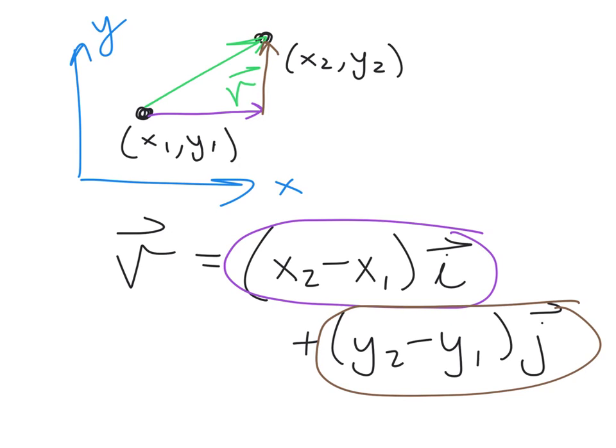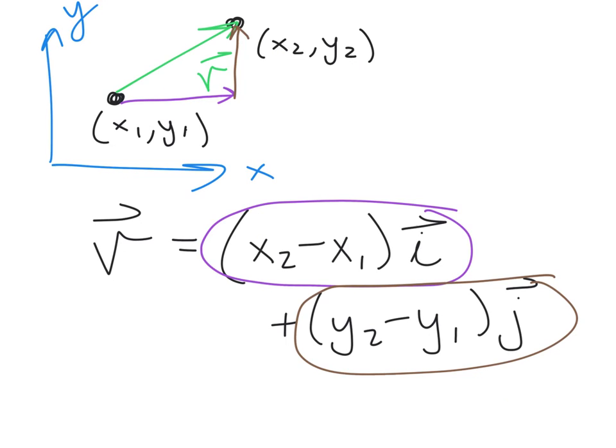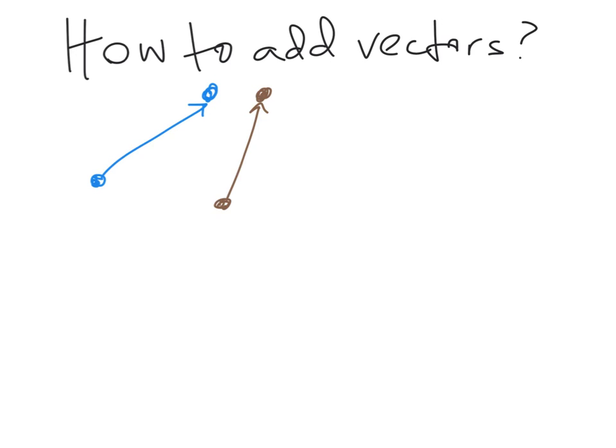And added together, they give us this green vector that takes us over this amount in the i direction and up this amount in the j direction. If we move into 3D space, vectors have a k direction as well, to allow us to move along the z-axis. If we have two vectors, call them u and v,